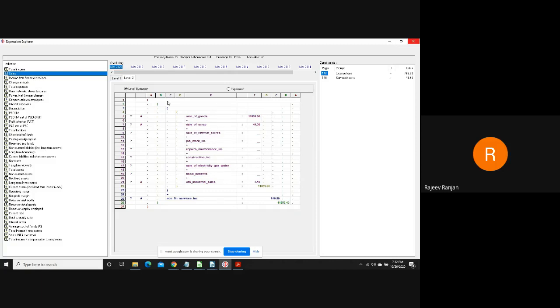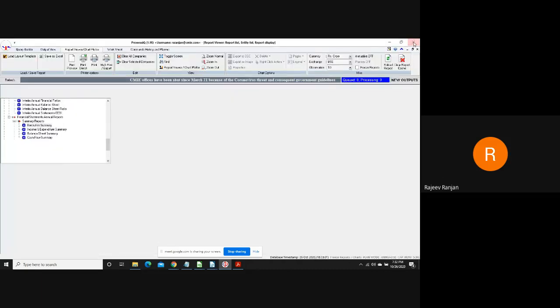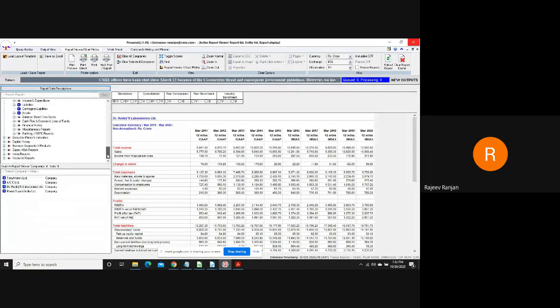So this infuses transparency and confidence among the researchers that whatever number you consume from Prowess is correctly picked from the annual report. And this is available for each year. If you see here, this is 2020, this is 2019, 2018. For each year you can see these numbers, and across every field these numbers can be traced back to the annual report. We are short of time, so I'm not taking you through each of these reports, but I suggest that you do refer to these reports and go through them to understand what all is available.